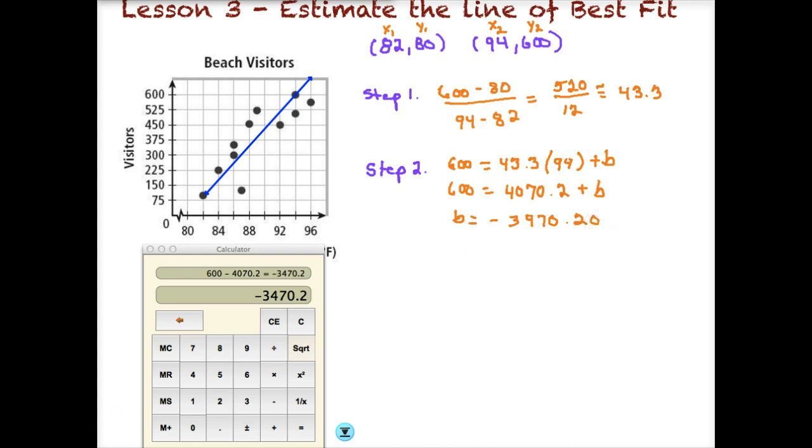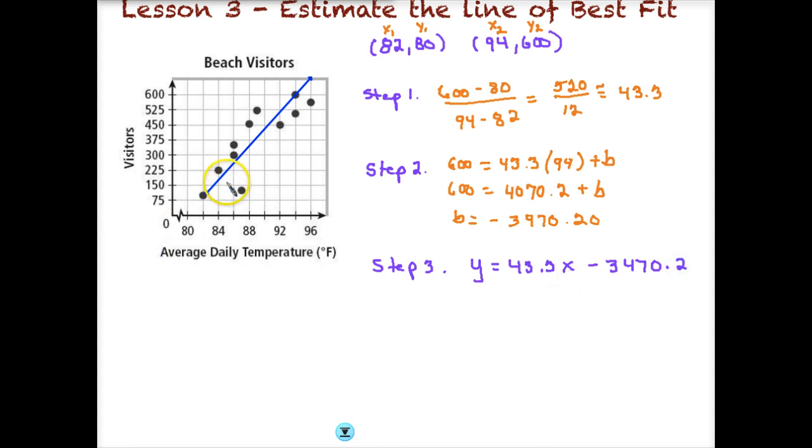So our final step is to write our equation, and then we can use that to interpret things in the future. So our final equation is y equals 43.3x minus 3470.2. Now obviously if we were to analyze this and look at this trend line, perhaps it would go below zero,